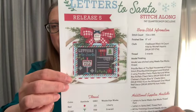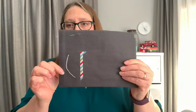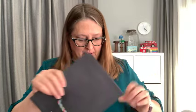But again, it's Fat Quarter Shop. I have chalkboard black Ada that I'm working on, and I don't have much of a start on it, just some of the frame border. I kind of wanted to have it done last year, but I did not. So I have those, and then there are 2 new start possibilities